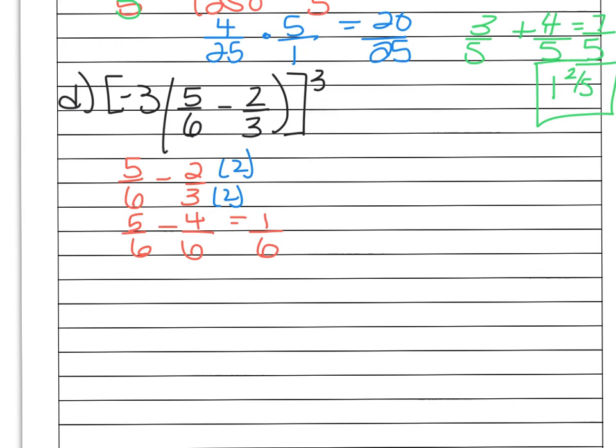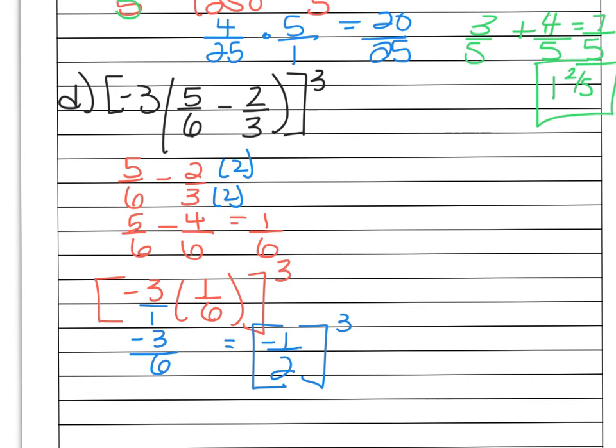So now I can carry down what I have. I have -3 times 1/6 inside my brackets, with the 1/6 in parentheses to the third power. I still have to finish what's in the brackets first. So -3 times 1/6. -3 times 1 is -3. This is just a 1 on the bottom, so 1 times 6 is 6, which reduces to be -1/2 because 3 goes into 3 once and 3 goes into 6 twice. And I still have it to the third power, so I have to take all of this to that third power. So I have -1